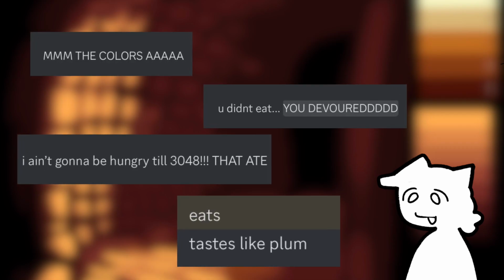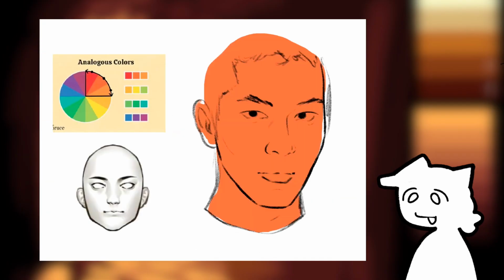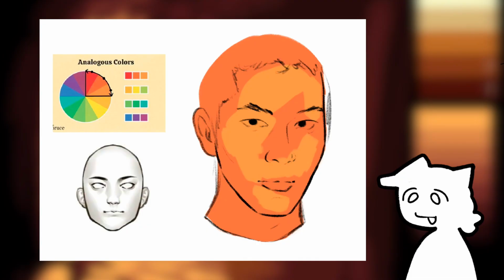I'd say the feedback was pretty good on this art piece. Another banger made by me. And now we're moving on to analogous colors. I took the colors red and a few orange hues together, and with a lighting reference, I began to work